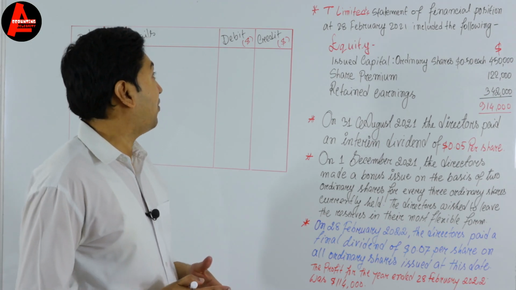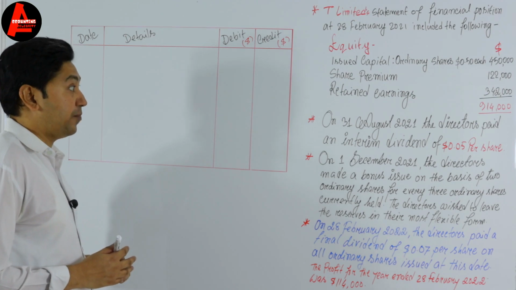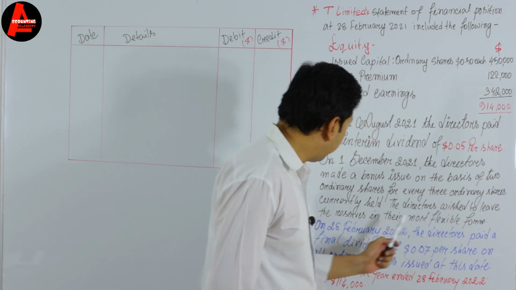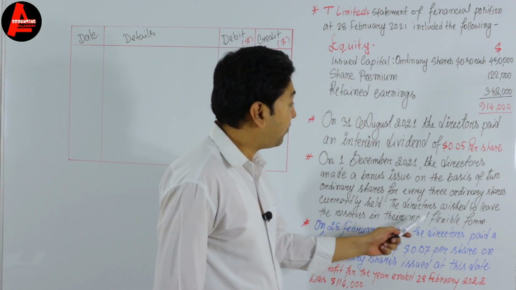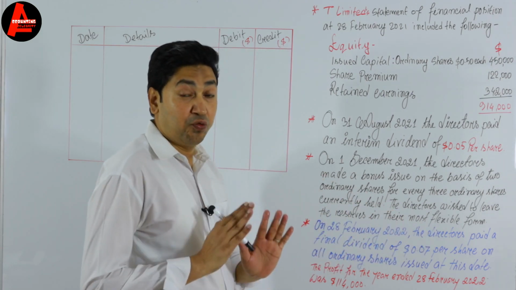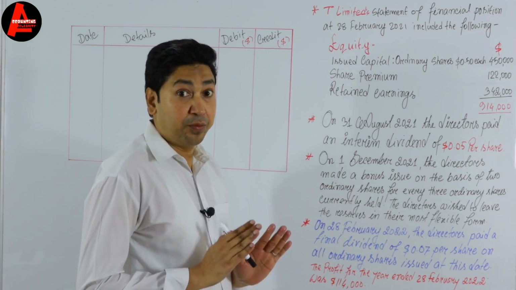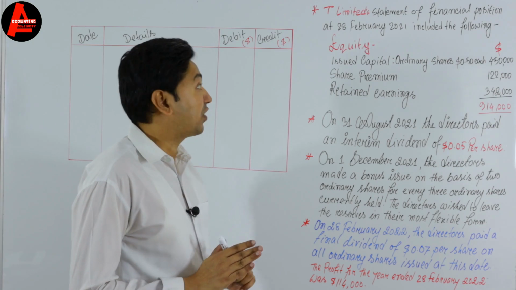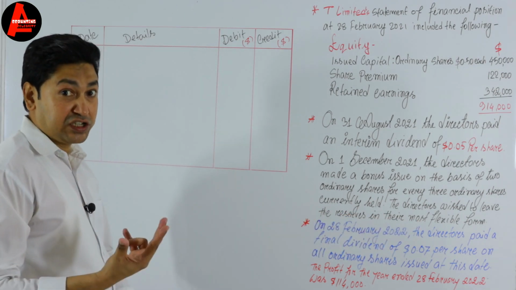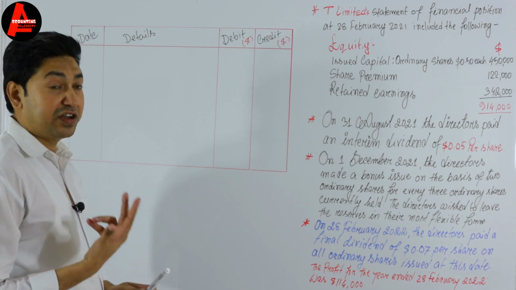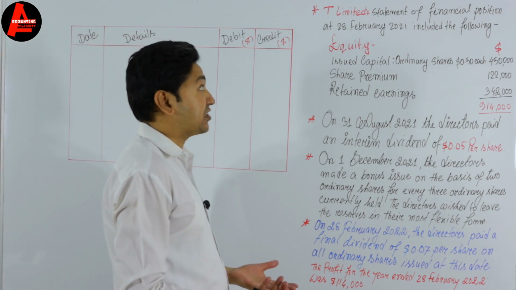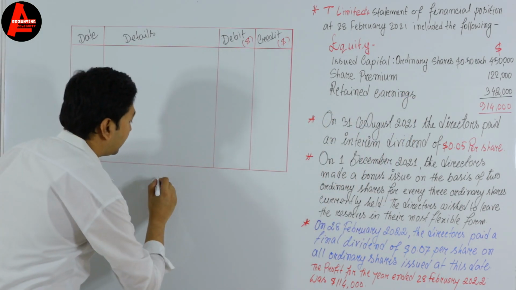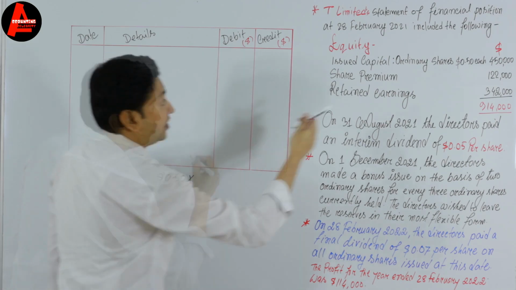Good. Now we have to journalize. It is written that the directors wish to leave the reserves in their most flexible form. So first of all, we will see the value of the bonus shares. We have to calculate the issued share capital first. The business issued 2 bonus shares for every 3 ordinary shares. Now how many shares does the business have right now? Here we see the ordinary share price $0.50, and the share capital is